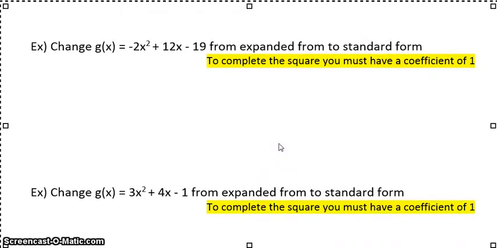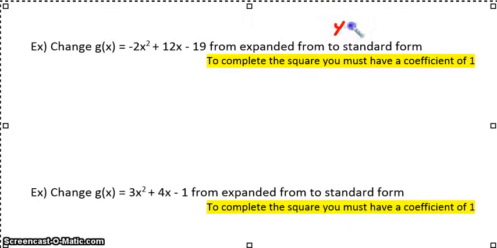This video covers part 2 of Pre-Calc Notes 2.1. If you remember, we left off talking about expanded form of a quadratic and standard form of a quadratic. And standard form was the same form as vertex form. So if I have an equation that is in expanded form and I want to change it to standard form,